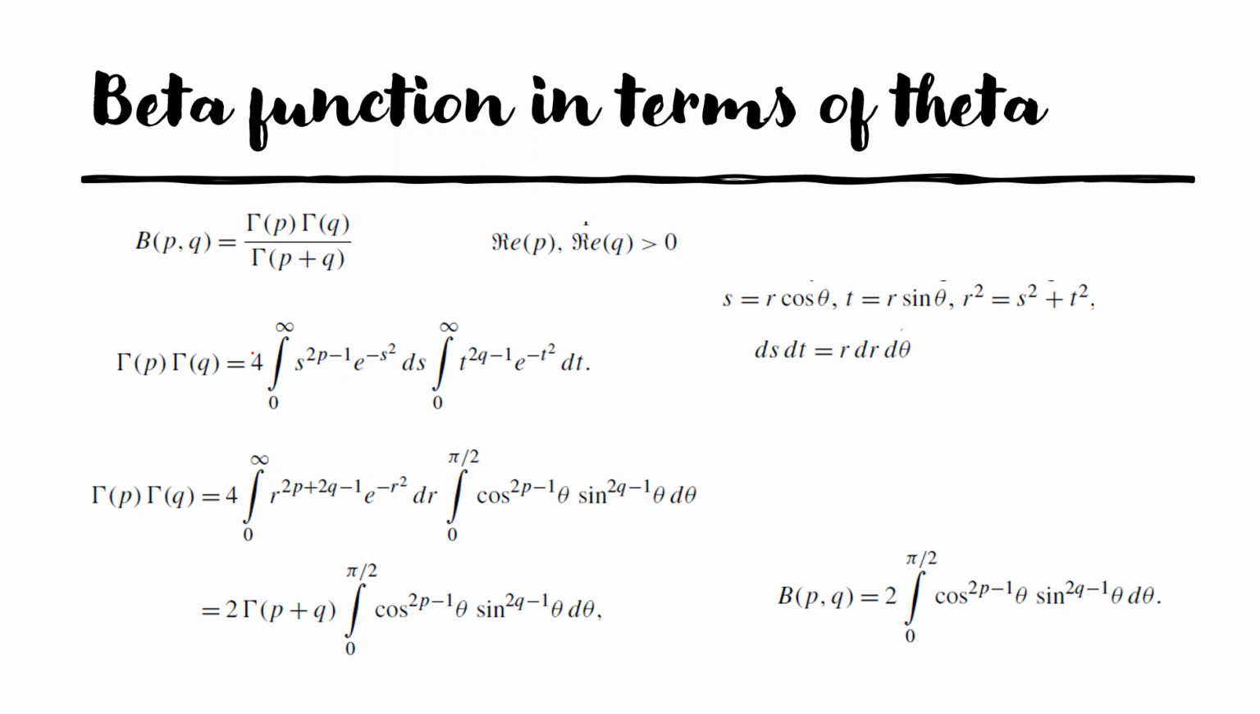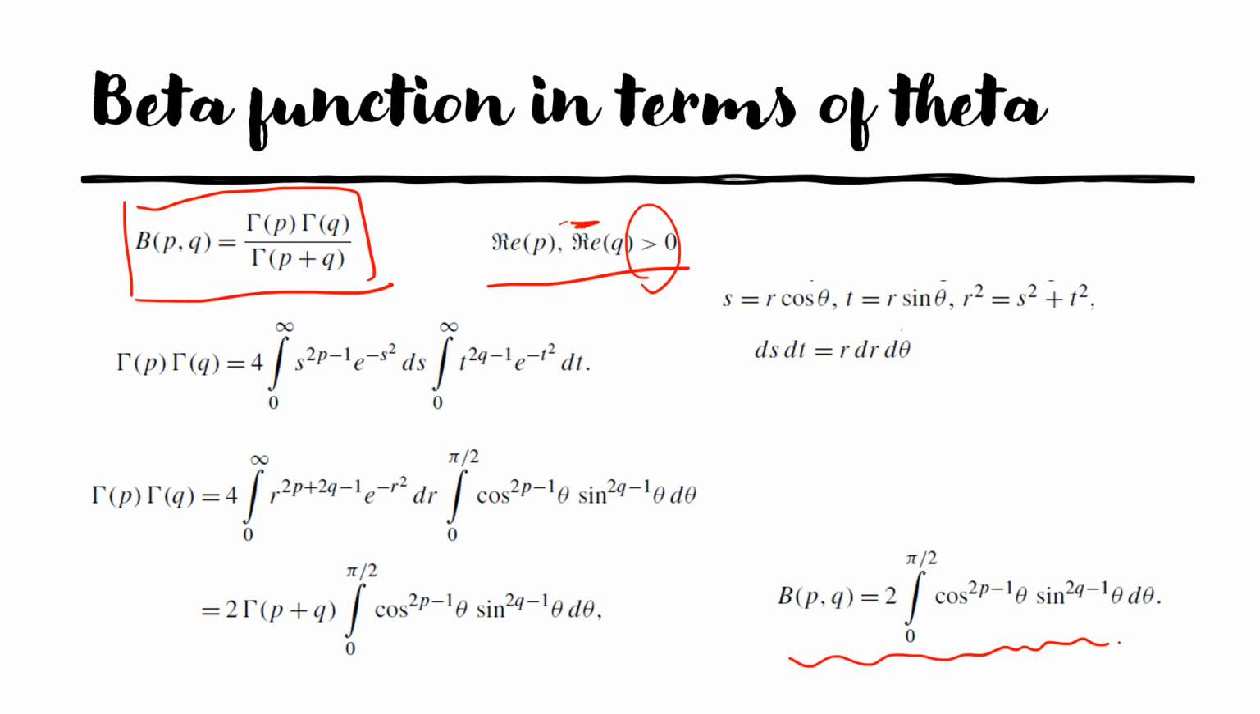There are various definitions for the beta function. In this video I will connect them. My definition is this: I take the beta function of two variables p and q, and define it to be gamma p times gamma q divided by gamma p plus q. The condition is that the real part of p and the real part of q must be greater than zero. The first thing I want to prove is